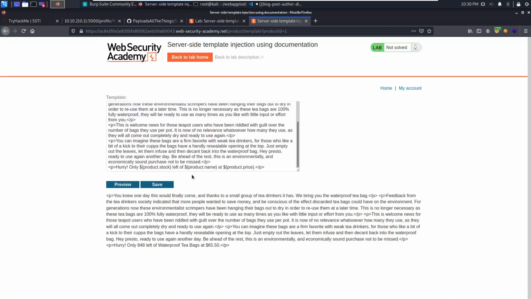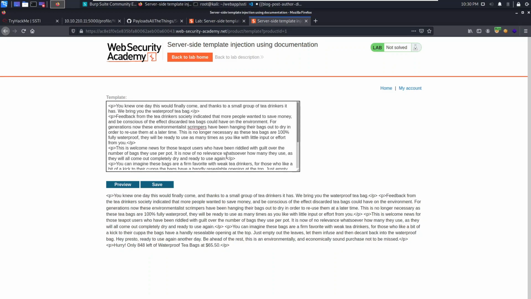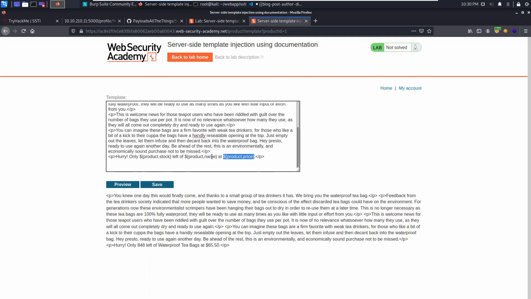And so in these templates, looking at them, we see that there are pre-built commands in the $ with the brackets, which kind of indicates that this may be vulnerable to SSTI. If it was a good developer, they'd whitelist and say only product.stock and product.name and product.price is allowed, but we'll want to test and see what happens if we do a 7x7 to see if there's